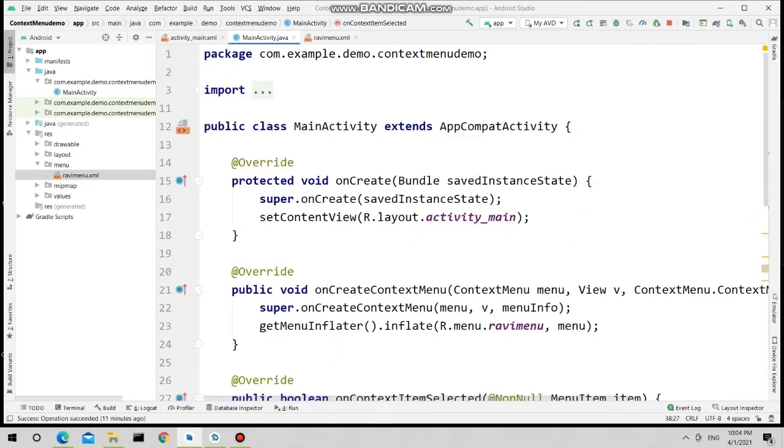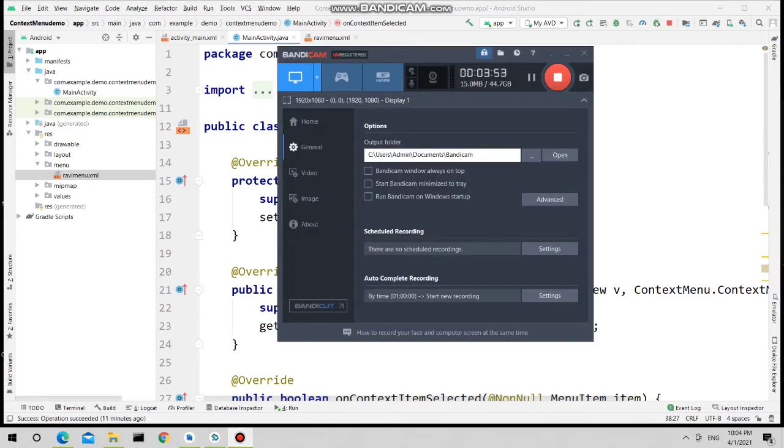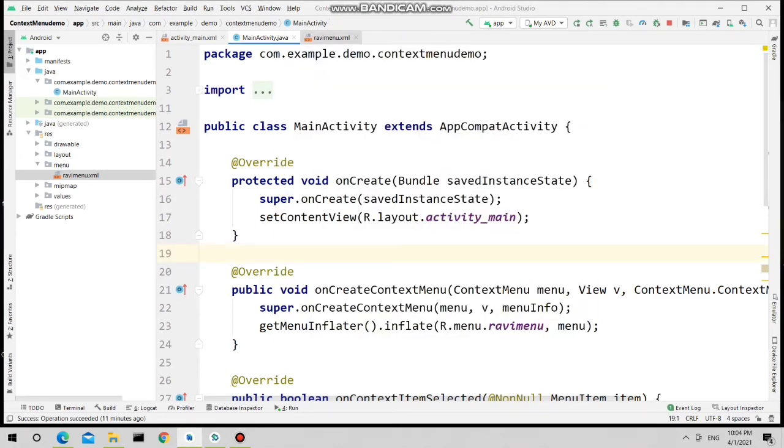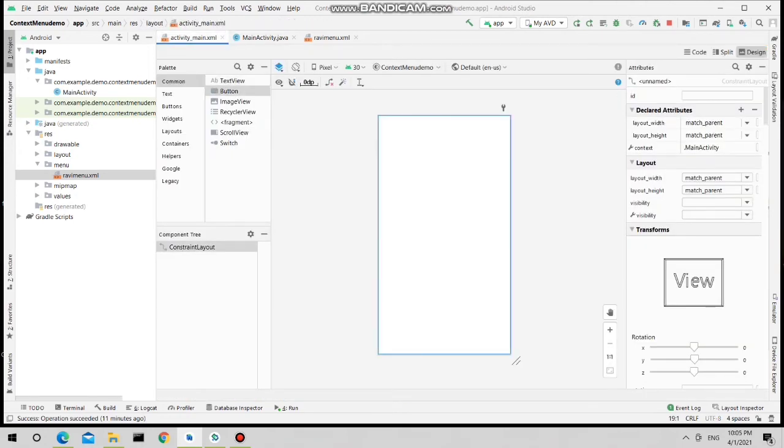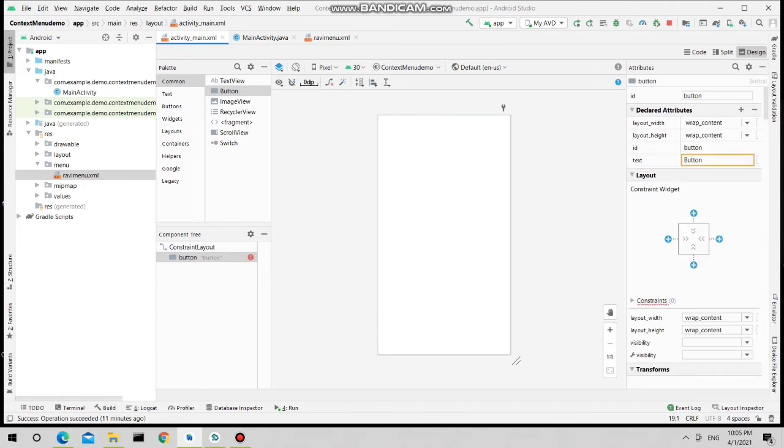Now one more thing, the third step that is very important: to which view we should attach the context menu. So what I will do, I will take one button here, and whenever I long click or long press on this button, then it will display the context menu.